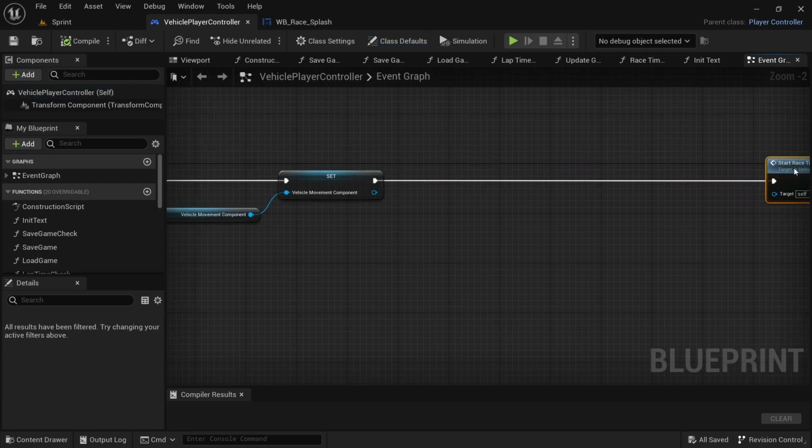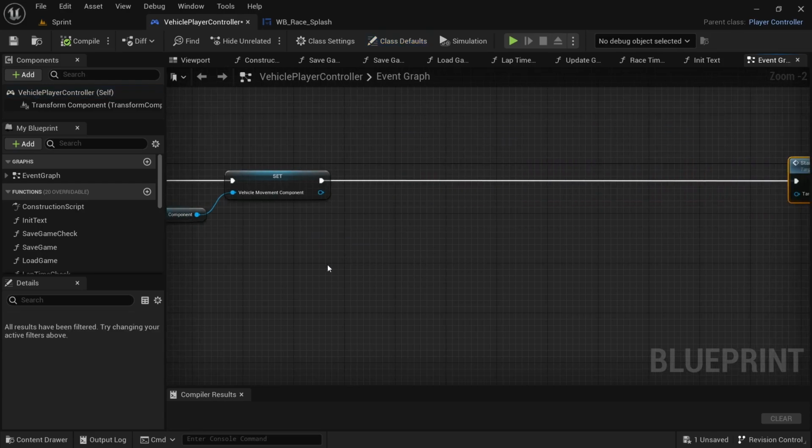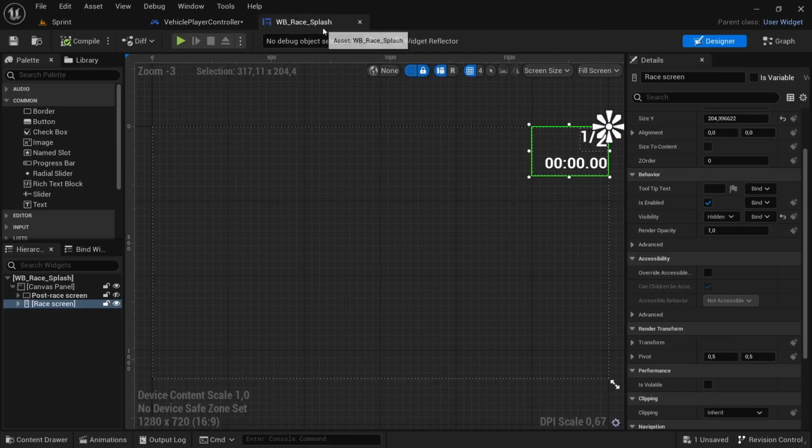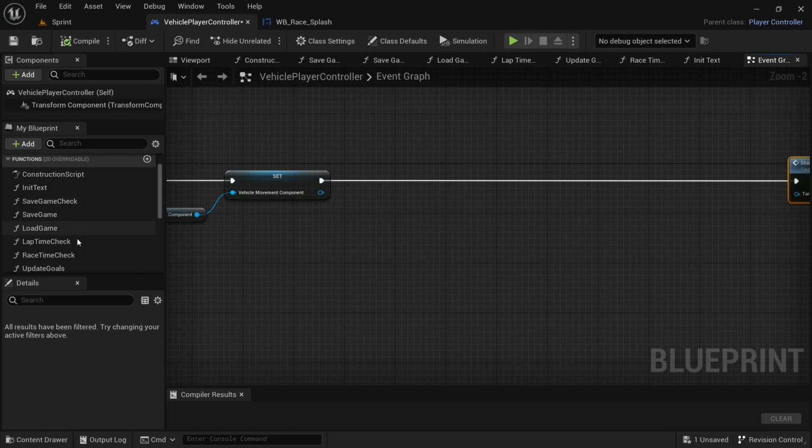Gonna move this over a bit. So we want it to display in the event begin play, but it only needs to show after, let's say for instance, the countdown has happened. So we're gonna add the countdown in the next video, and then it will show the race time over here. So for that, we're gonna drag in the